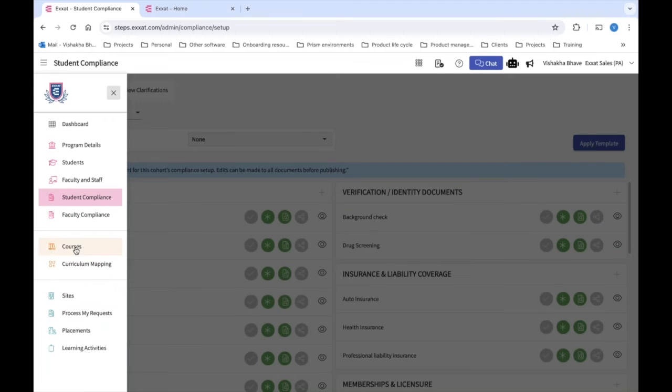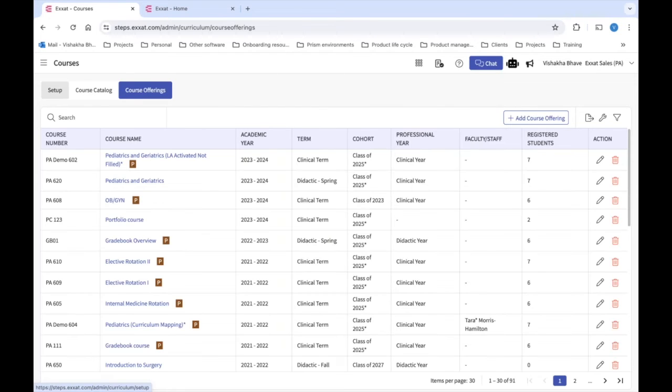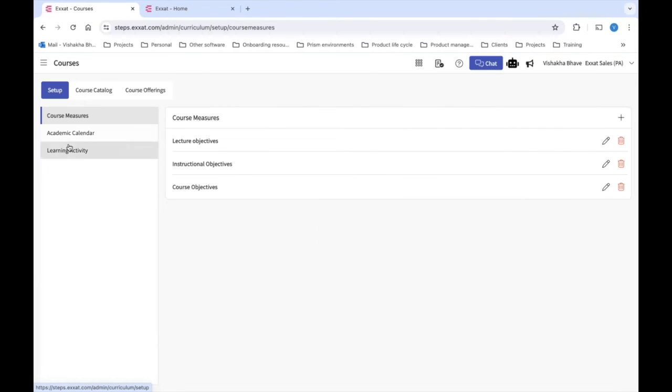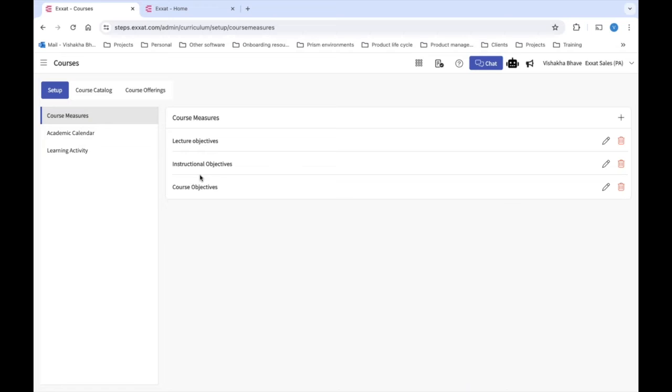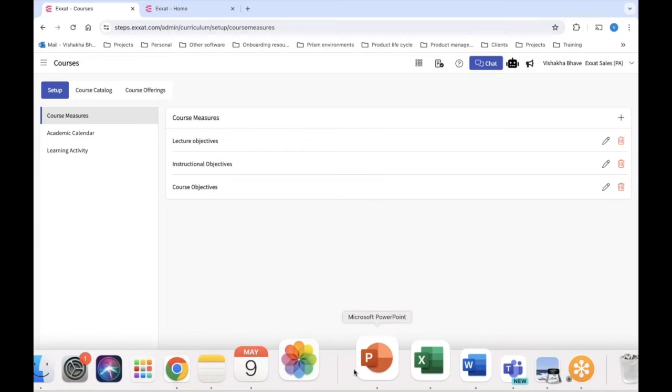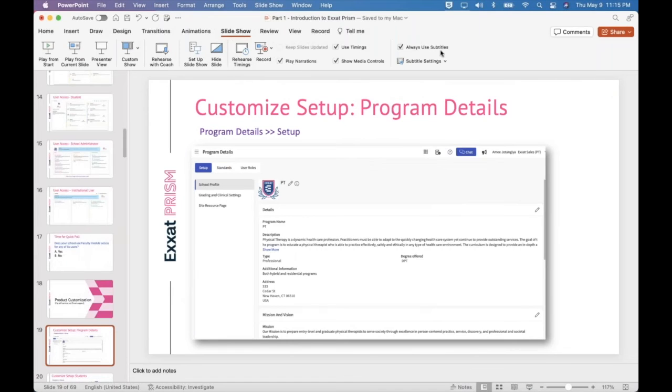Similarly, if you go to courses, there is a lot of customization and setup that's available under courses as well. What kind of learning activities do you want to use? What are some of the course measures that you want to use? You can say we have instructional objectives and course objectives, all of that. So across the system, there is a lot of customization that's available, so play around in the system and check out all of that. So I'm going to go back to my PowerPoint,